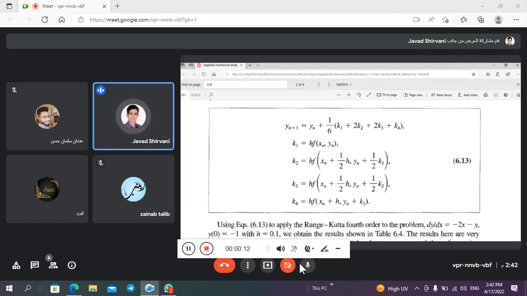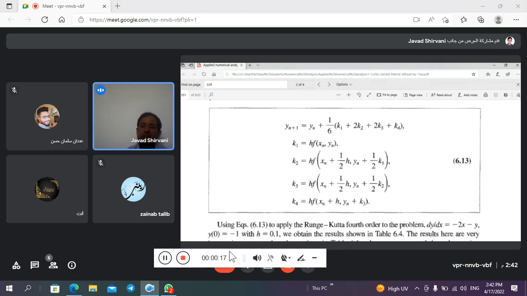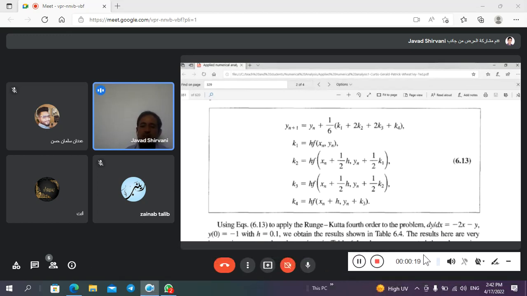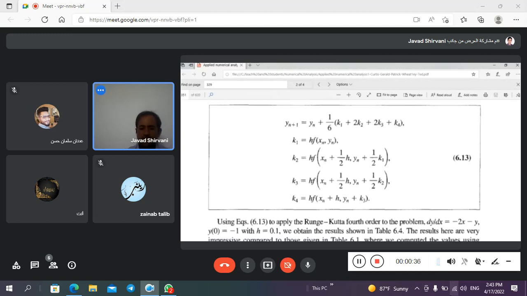In the previous meeting, we talked about the Lagrange approach, or their approach to solve ordinary differential equations. Then we solved this via a MATLAB program. Today